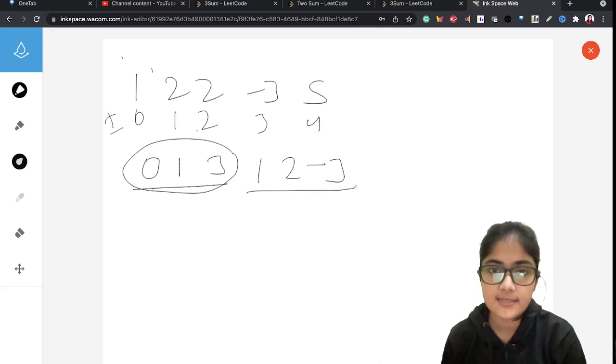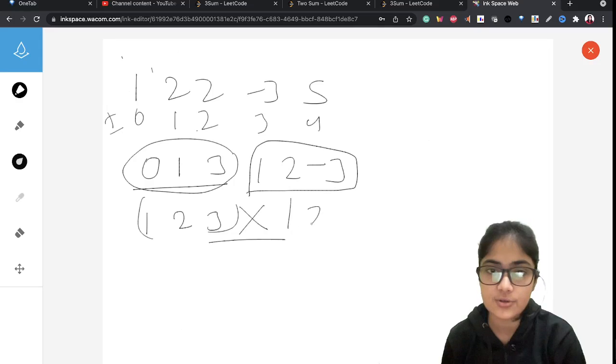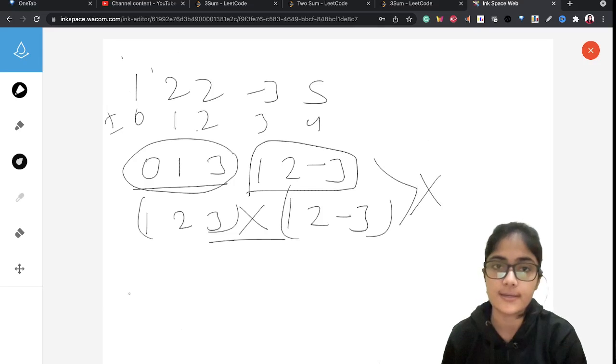The sum of these numbers will be 0, but there can be another triplet also, 1, 2 and minus 3, but we don't have to consider this triplet, because in that case also the triplet will be 1, 2 and minus 3, and now this becomes repeating, and we are not allowed to consider repeating triplets. So here we have to consider only one triplet, that will be 1, 2 and minus 3, and my answer will be this.